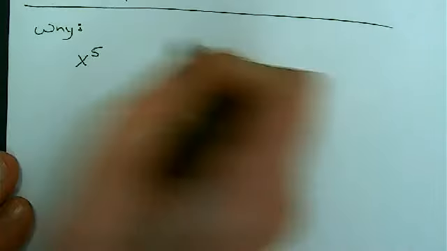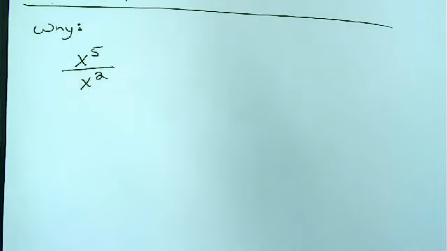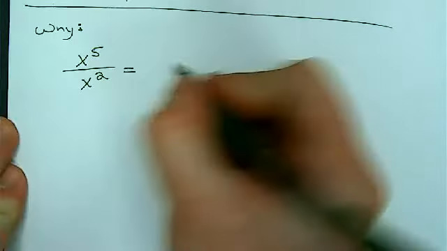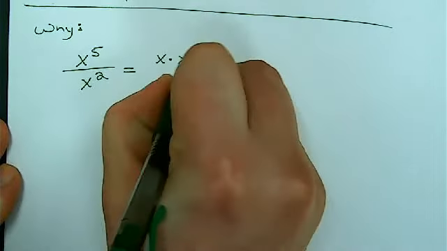So as with previous examples, we'll start off with some concrete numbers to fiddle with in order to show that this works. Let's take x to the 5th and divide it by x squared. So x to the 5th, that's x times x,